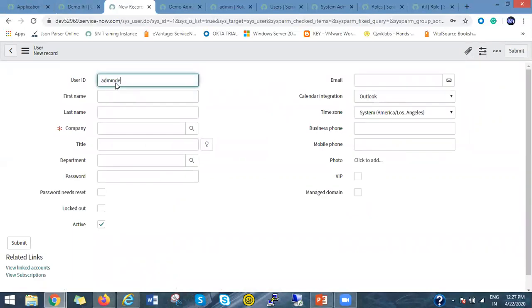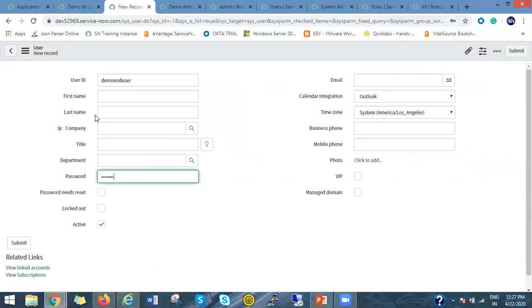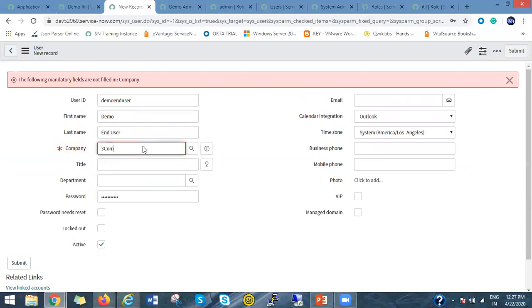Okay, so let's say its user ID will be demo.end.user, and the password will be the same, demo.end.user. First name demo, last name end user. So let's save this.